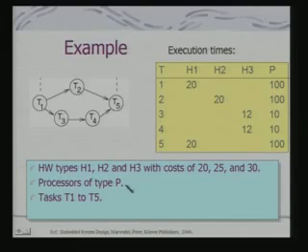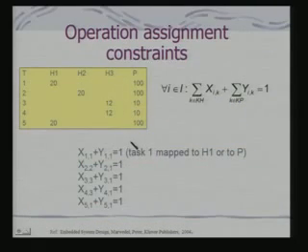We have got a processor which is of type P and the tasks are T1 to T5, and for each task these are the execution times on the different hardware components and that of the processor. Okay. So, effectively what I need to find out? I need to find out a solution such that the cost would be optimized, satisfying the constraints.